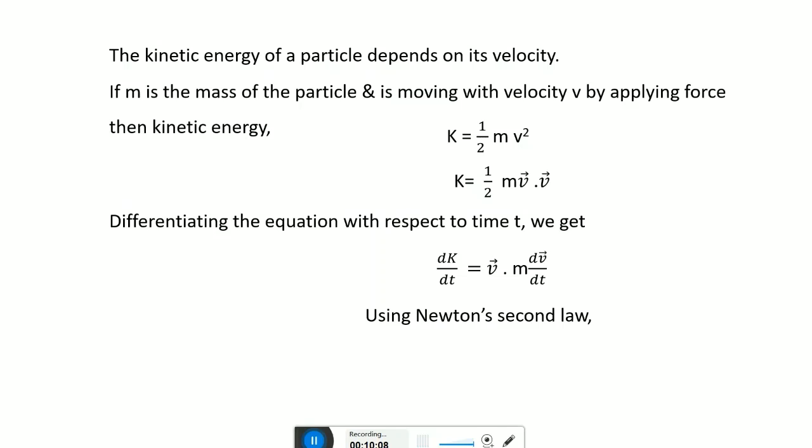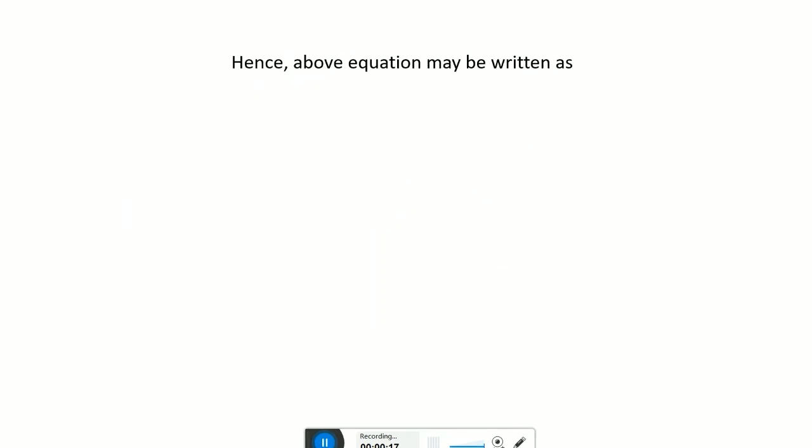Using Newton's second law of motion, that is F is equal to ma, where a is acceleration, and in terms of velocity, acceleration is nothing but the rate of change of velocity. So we can write F is equal to m into d by dt of vector v. Hence, the above equation may be written as dK by dt is equal to vector v dot vector F,